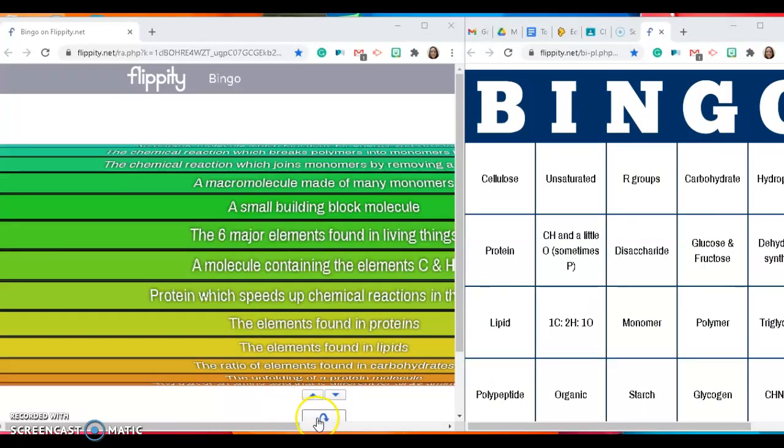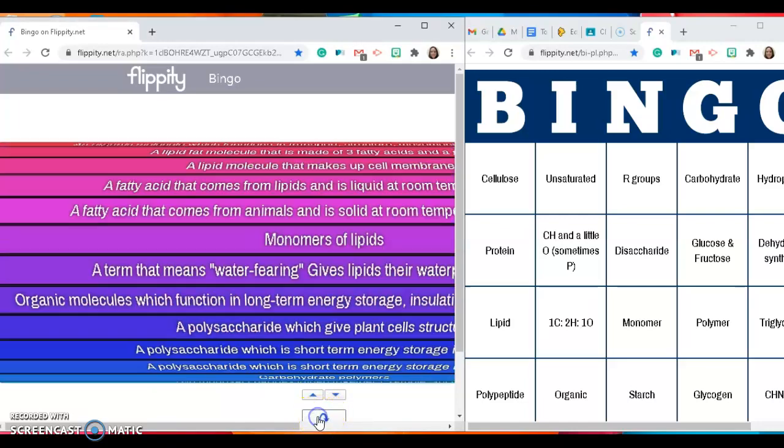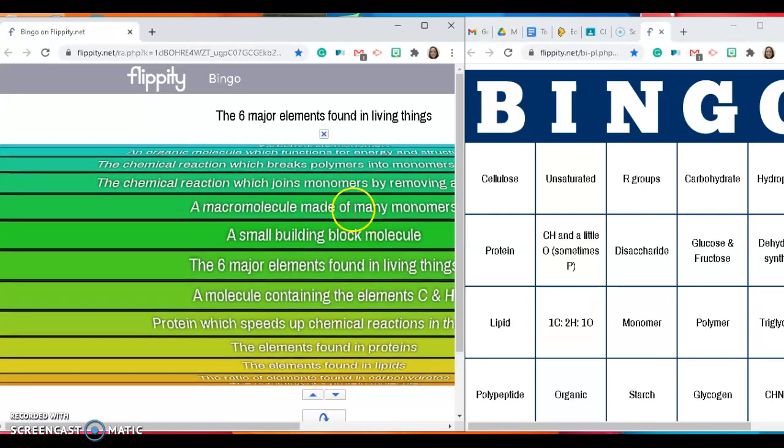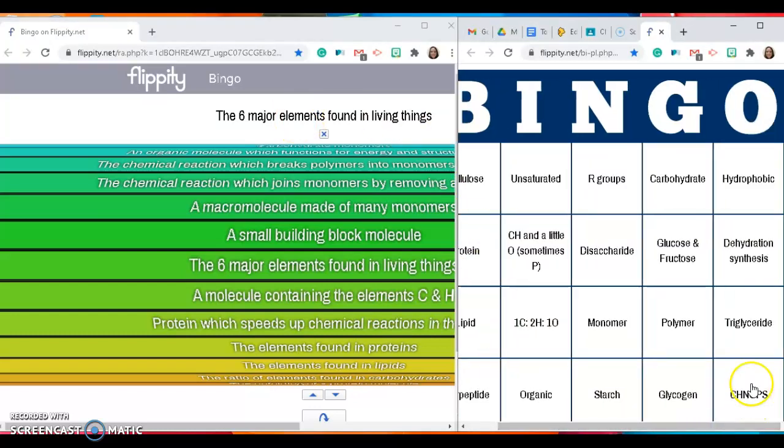So then you can press this button here that'll spin the wheel and pull up a definition. So we have the 6 major elements found in living things. That is CHNOPS. Then I can look at my bingo card and I see that I have that, so I can put a marker on it. And then I can keep spinning this